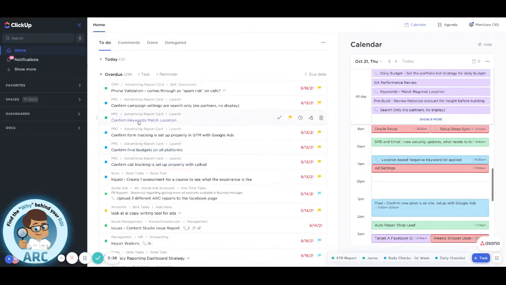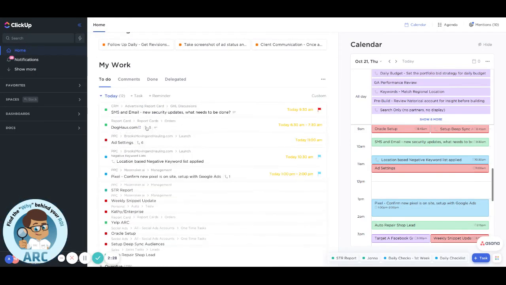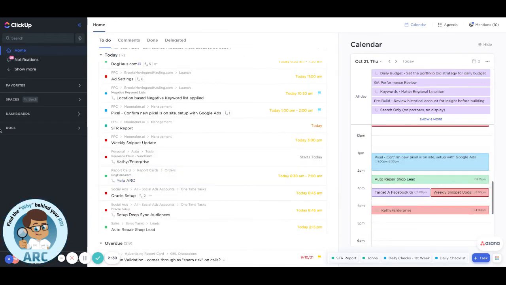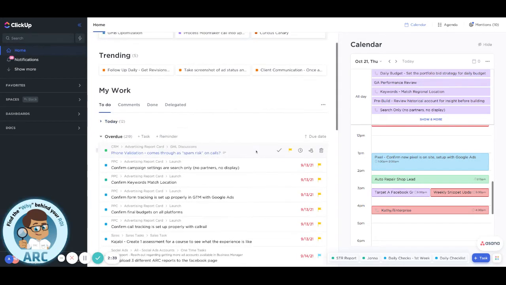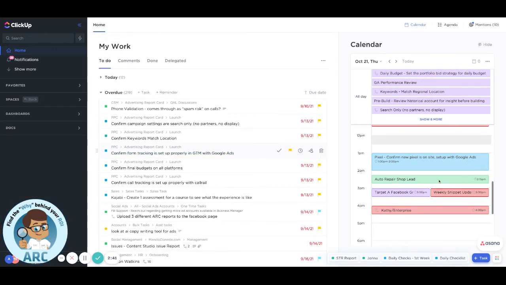So that is now on the list, and you'll see on your today to-do list that item get added, and you'll also see it on your calendar. So that's the main thing I wanted to talk about is making sure that your day is covered on your calendar in ClickUp. And then once that's done, going through your overdue tasks and starting to filter overdue tasks into